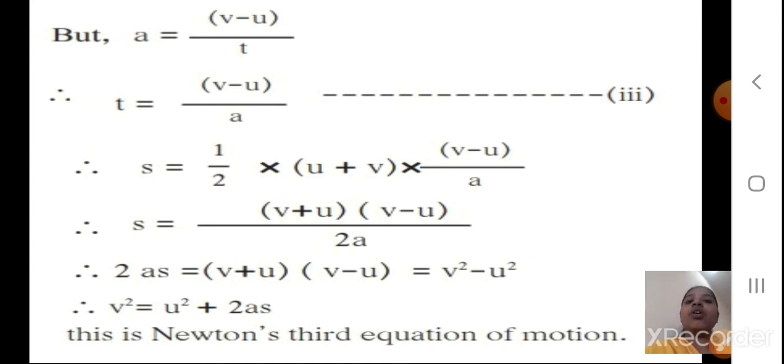Okay, please solve all these three equations in your notebook. You will understand it better. I hope till now you have practiced solving it, because you have this again in 10th standard. You have all these equations to be used.